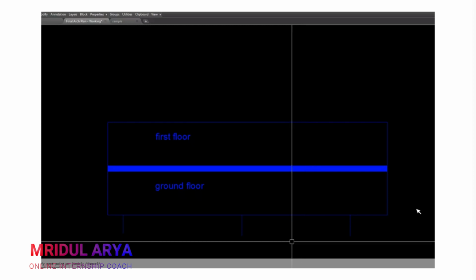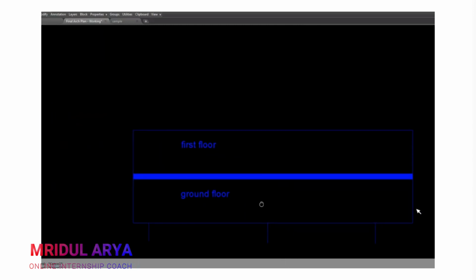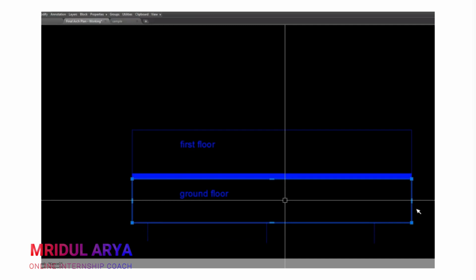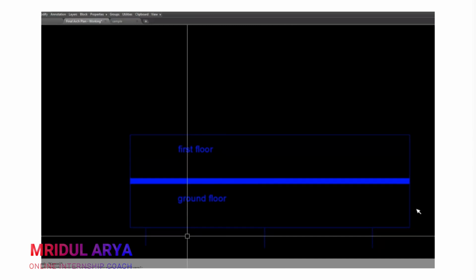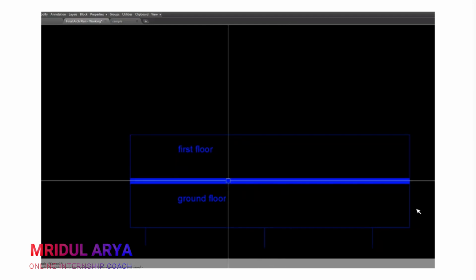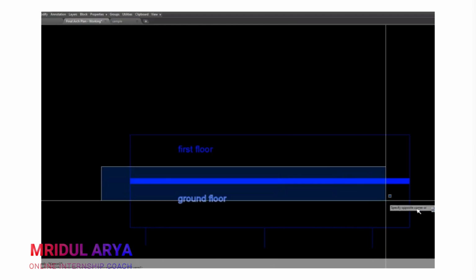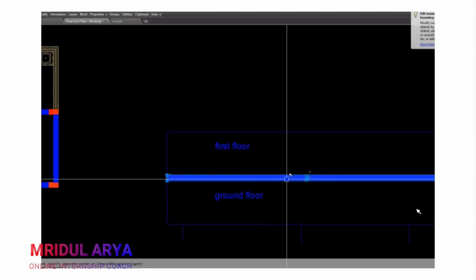That means we have a basement below it. So this is our first floor and the first element, and then we have a next floor. This next floor is supported on the structural floor.